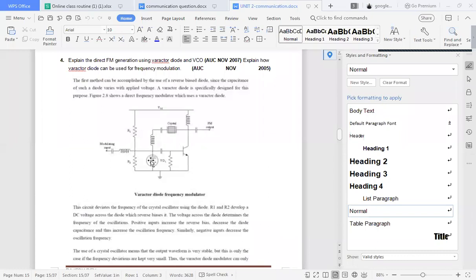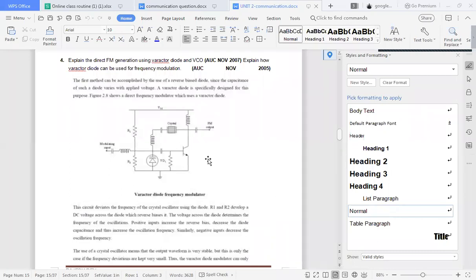This is the varactor diode. Varactor diode is connected in reverse bias. In the cathode side, we connected the modulating signal. When the modulating signal voltage varies, this capacitor varies. Here is an inductor, and this is a crystal oscillator, and the frequency is, we all know, 1/2 pi root